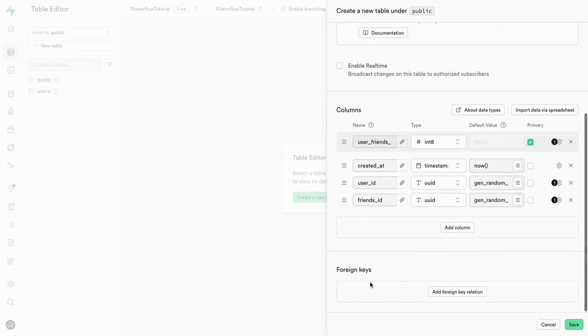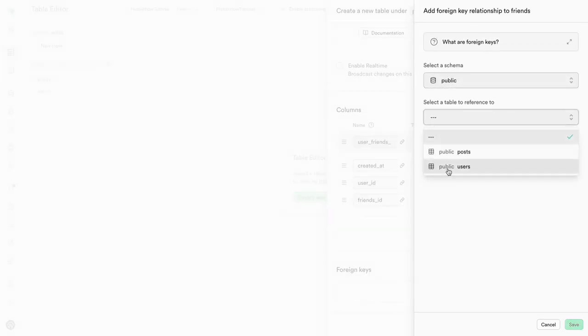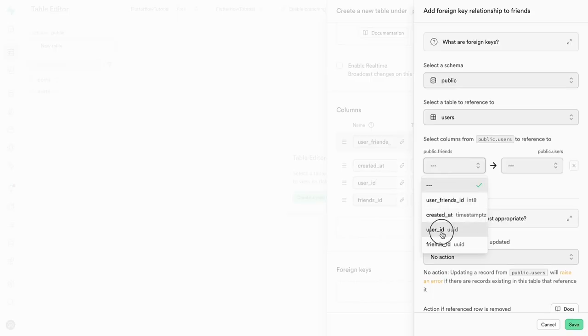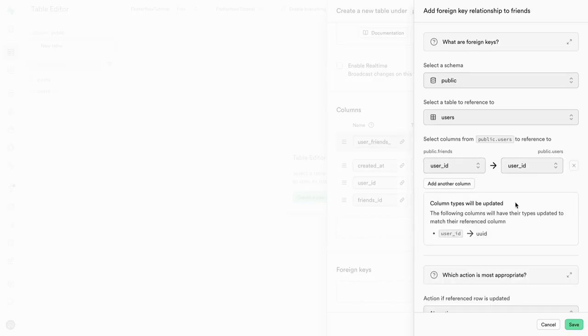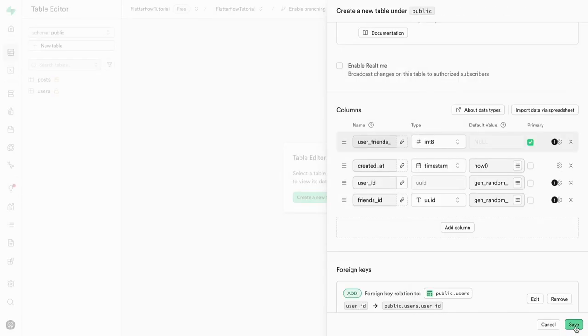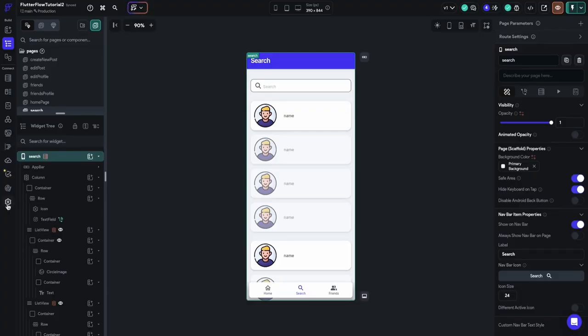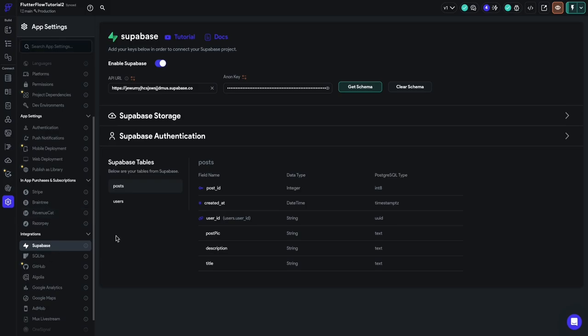Great. And now let's just create the foreign key relationship. So it's going to be with users table, and it's user ID on user ID. So if an existing user is deleted, then all the rows that are associated to that user will also be deleted. Perfect. So we cascade, and there we go. Save. Great. Now that's done, let's go back to Flutterflow, and first things first, we go to settings, Supabase, and